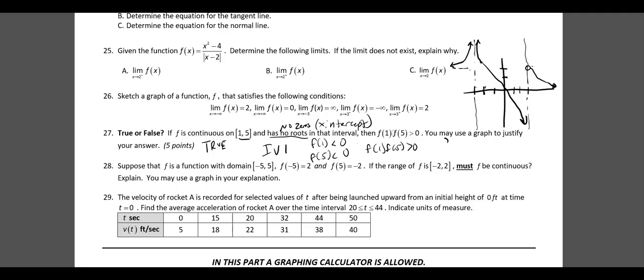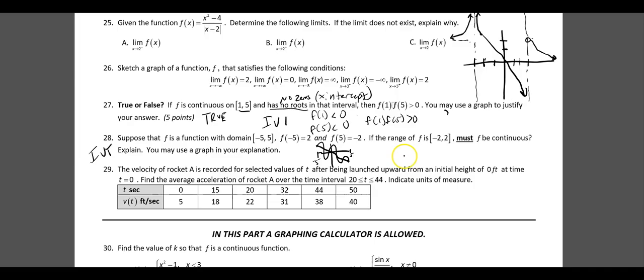Again, I think this is another example of the intermediate value theorem, where f of -5 is 2 and f of 5 is -2. The range from -2 to 2 can be continuous regardless of how you look at it. However,